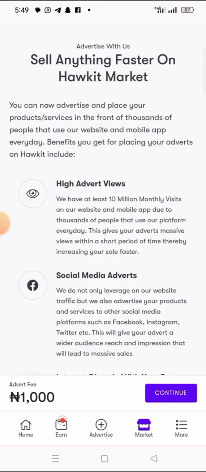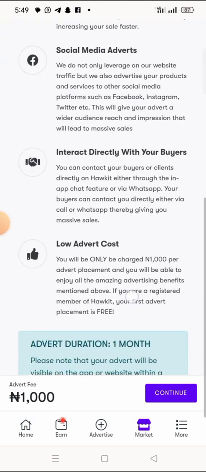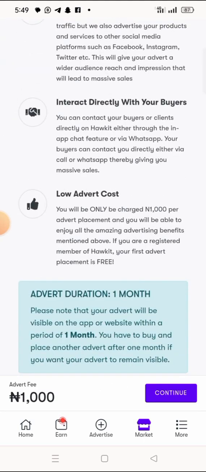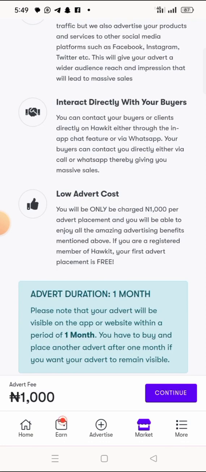For example, let's say I want to go for a product advert fee. It's just 1,000 naira for 1 month. You will advertise your product for 1 month for just 1,000 naira.